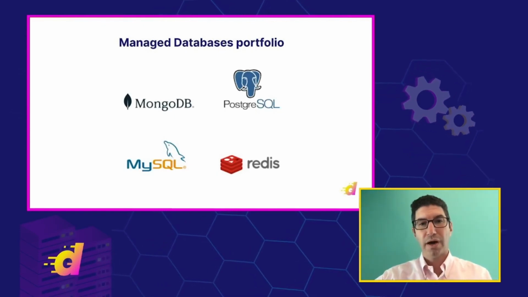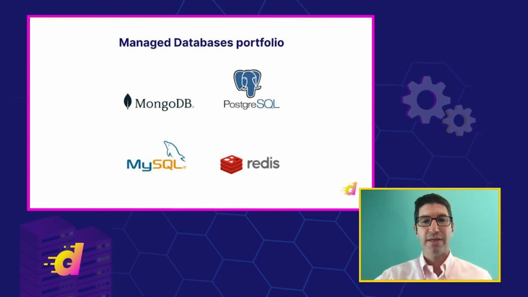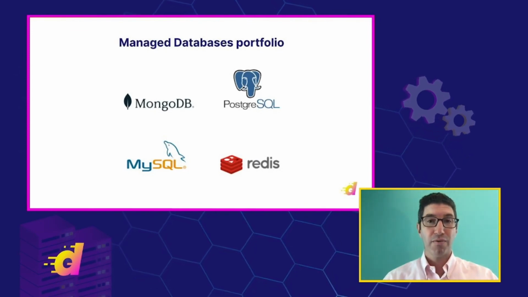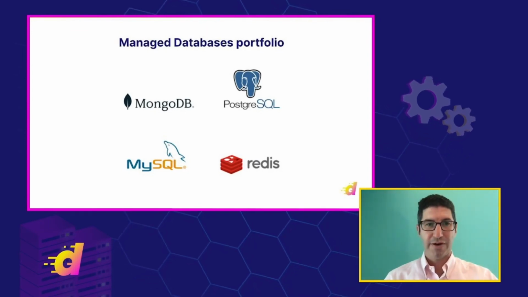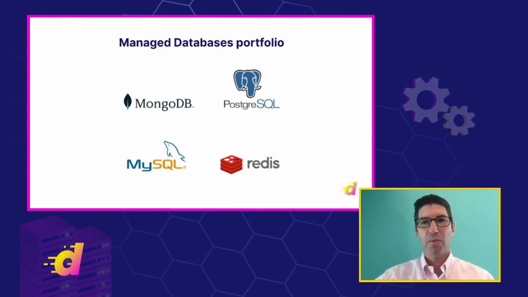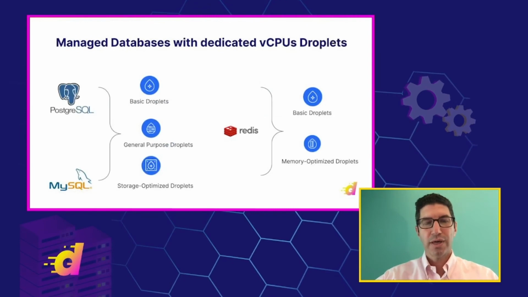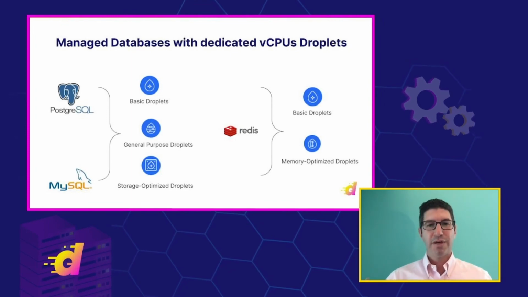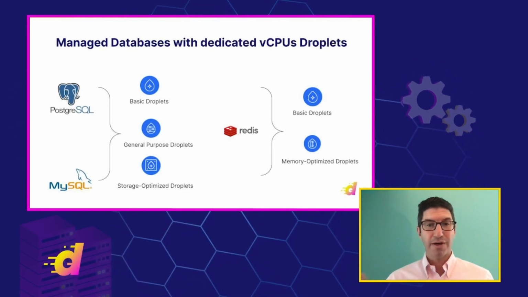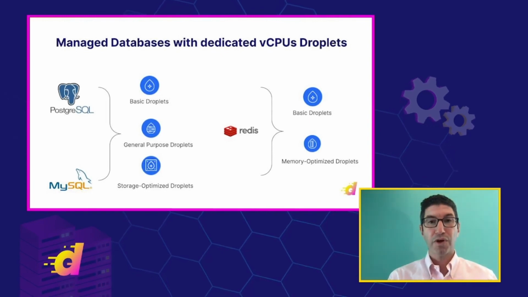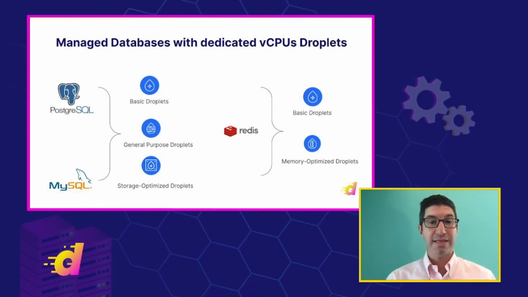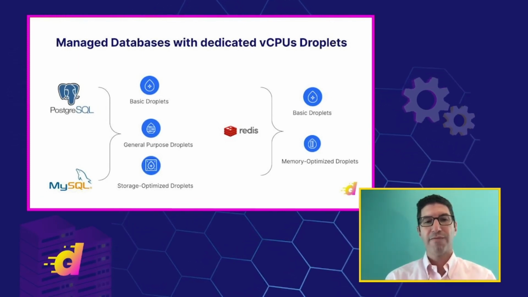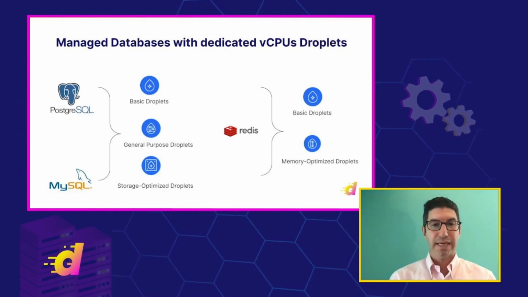So with Mongo, our managed databases portfolio is well-rounded, including Postgres, MySQL, and Redis. So we've got support for a range of different engines, which you're going to need as you're building out your applications. And when we look at how we recommend deploying these engines, you have flexibility. The same set of droplet offerings that we were talking about earlier are available to you for your managed database use. And so what that means is those premium droplets that we were talking about could be a great choice for a basic Postgres or MySQL database.